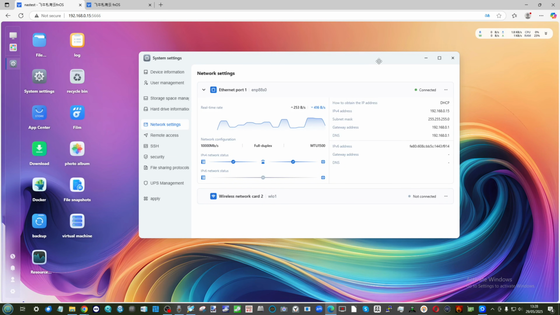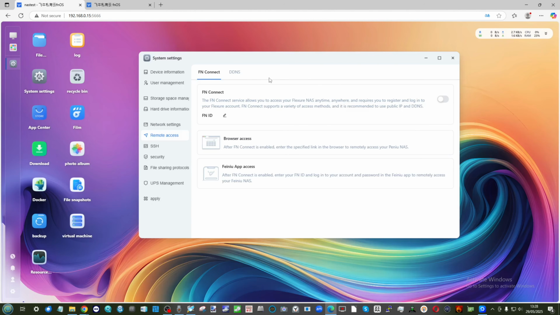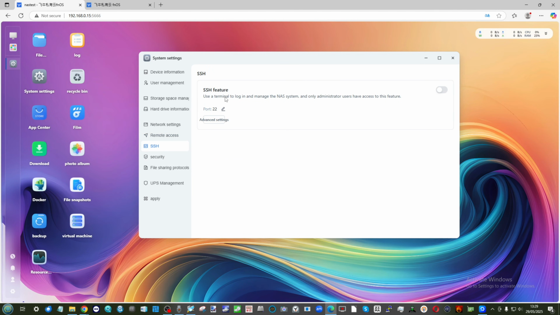kind of, I'm not going to say open source, but I'm going to say community and DIY NAS software. It doesn't actually support Wi-Fi cards, so it's not bad. They've got that. I'm not a fan of utilizing their own remote access services, but at the very least they have allowed for others, and they have allowed for some double verification methodology there, but I would hardly call it ironclad. SSH access, I should say, is available here, and again you can set that up to individual users with their own